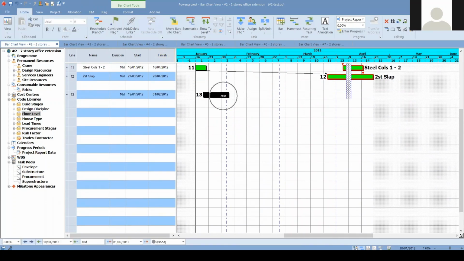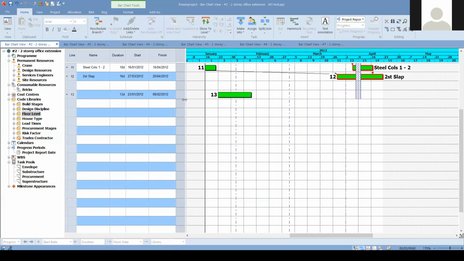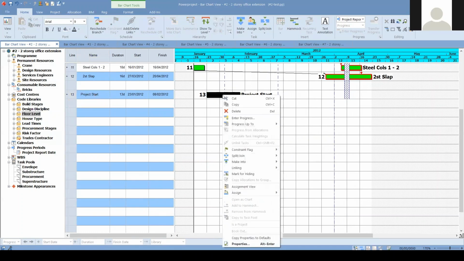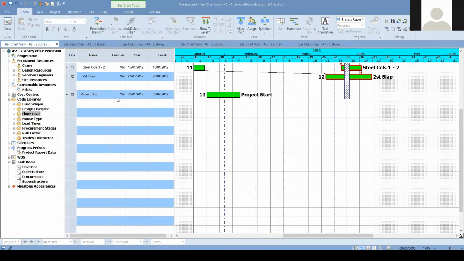the Gantt chart. So it's a 10-day activity where I can determine its finish date. You see that only the finish date is changing from the end of the activity. From the start of the activity, I can determine the start date, and also you see that the duration is always changing according to my adjustment. I can name this activity project start, and I can turn this one into a milestone by determining its